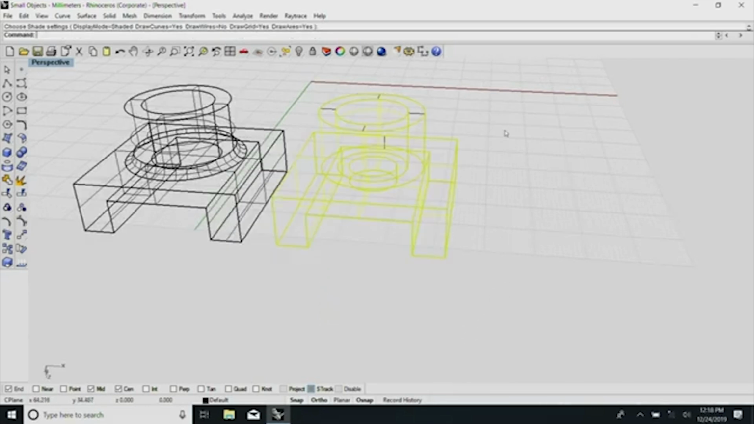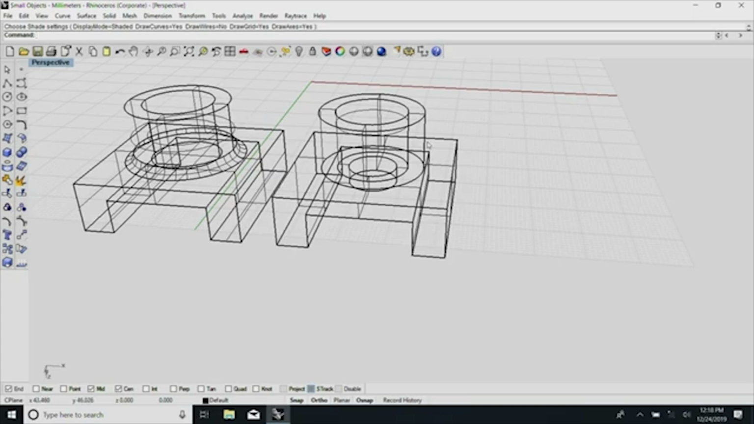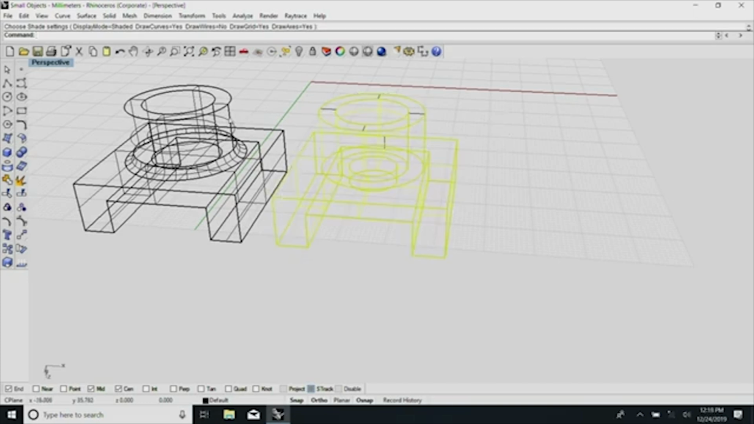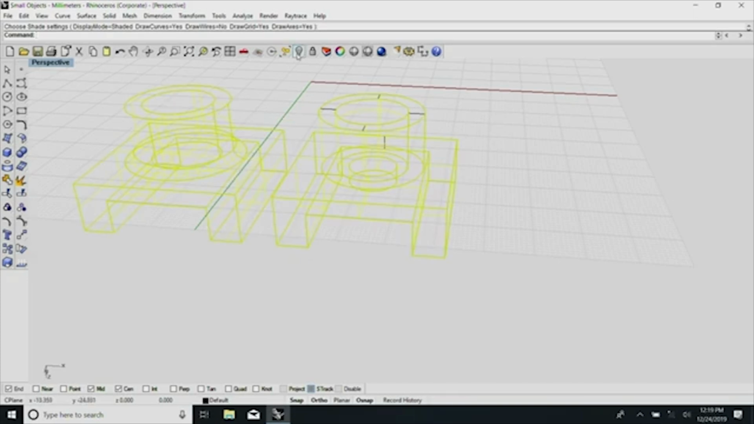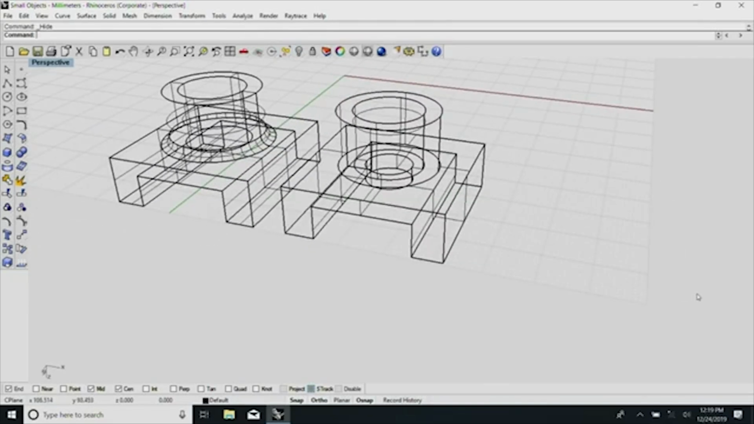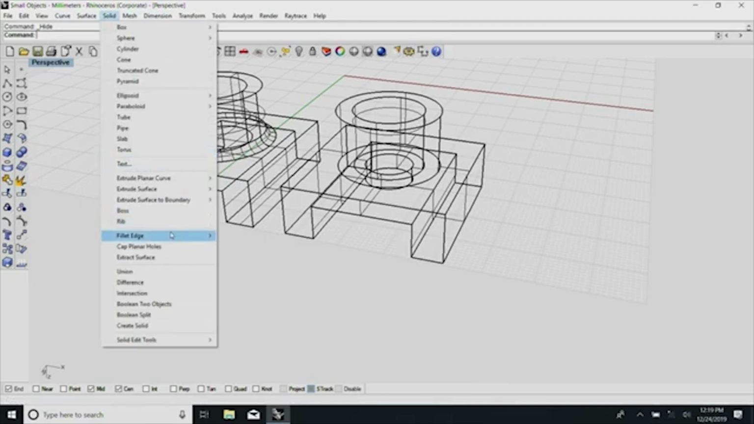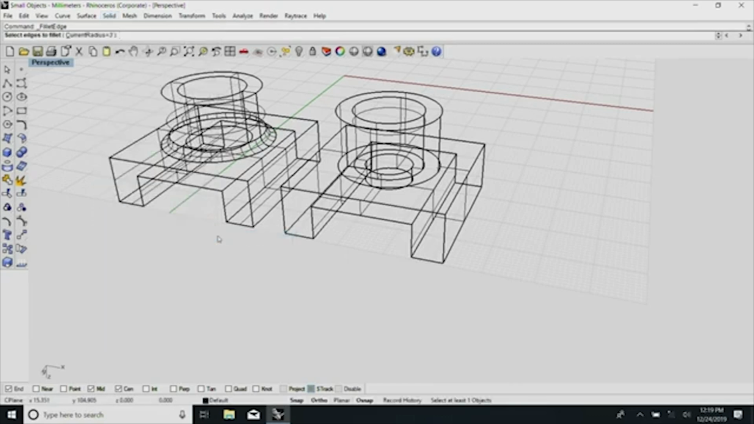Now, to make the thing a little more presentable, I will fillet all the edges to make it such that as part of the rendering